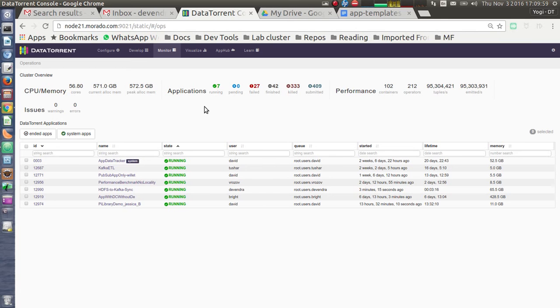But if you want to do some custom processing in between before writing to Kafka, you will have to customize this application. And how to customize is presented in the advanced video section. So please look at the advanced video section if you are interested in customizing this application.